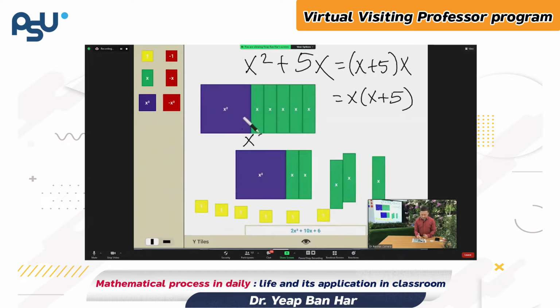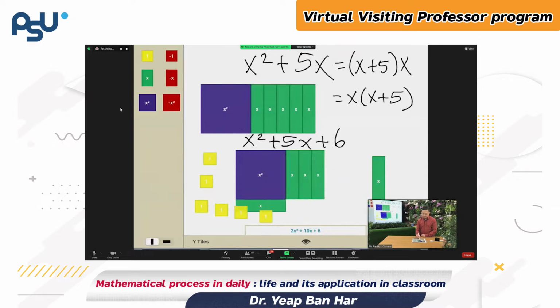Another group may say, class, do you think when you add 6 to square of x and 5x, so if you already have this and you add 6, is it possible to rearrange all that into a rectangle? I'm not sure, but that's what your friends say. We can try. Do you think it's possible to put 6 ones into the empty space so that we can make a rectangle? Can you imagine whether it's possible or not possible?